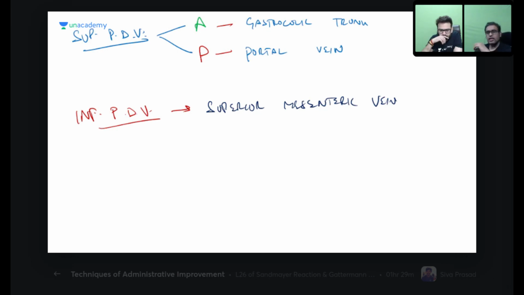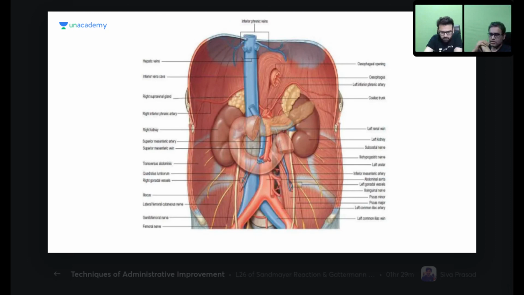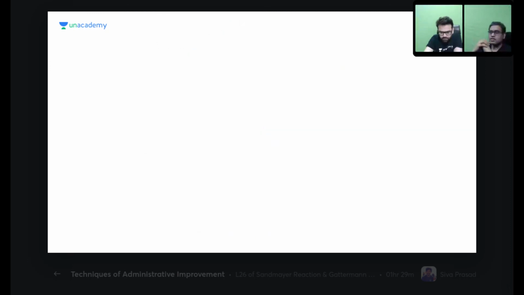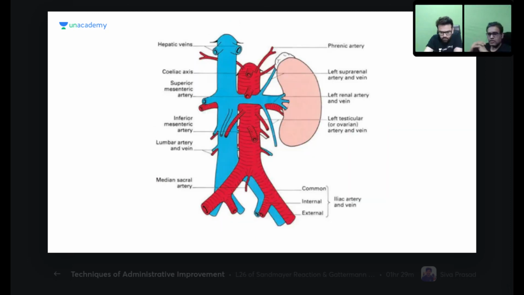Okay, so I guess that's all for the slide, guys. So this was all about anatomy, the vascular supply and all. Now these are the simple slides just for the reference, the diagrams, the relations. So that is just to help you. Okay, these are the structures. That was all from the anatomy side.